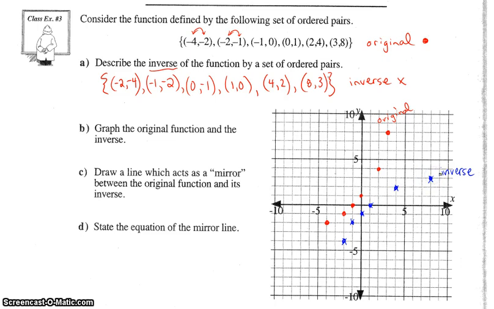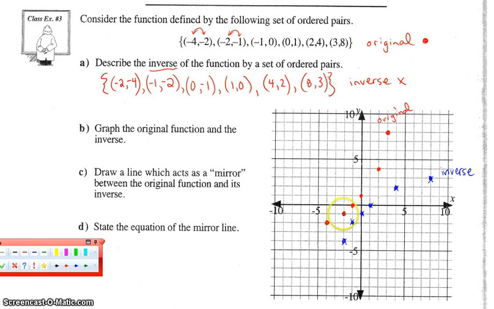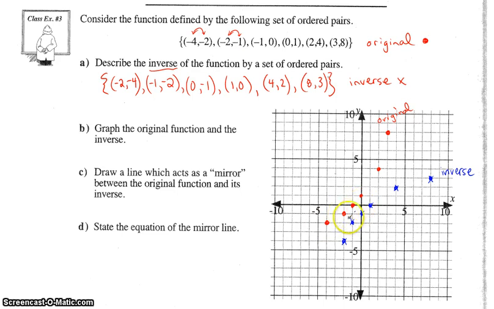Okay, which looks great. Part C, draw a line which acts as a mirror between the original function and its inverse. So if you look at these points, it seems that there may have been some sort of line. And it looks like it might have been here, right? That these points might have been reflected over. Okay, does that look about right? Yes, it does. Okay, so that looks like our mirror line of which the original would have been reflected over